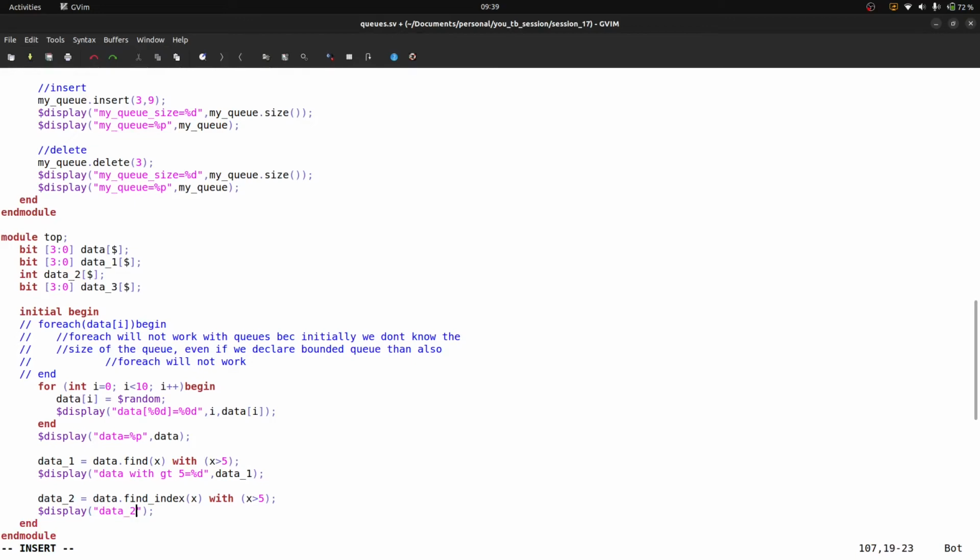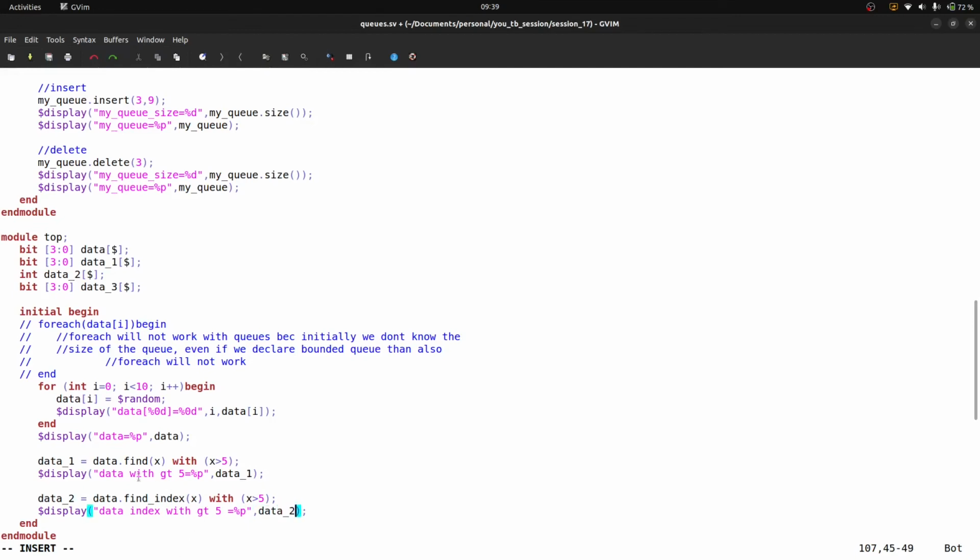data_2, or you can write data index with GT, meaning greater than 5, is equal to percentile P. It should be percentile P, data_2.